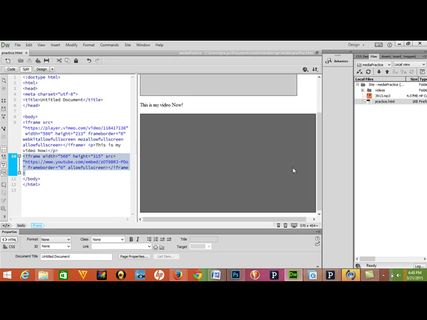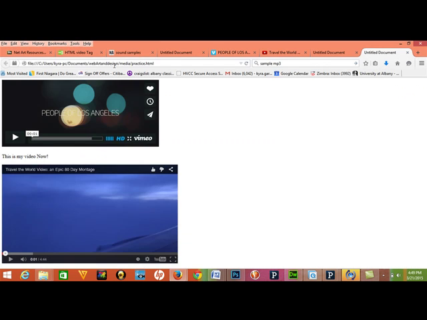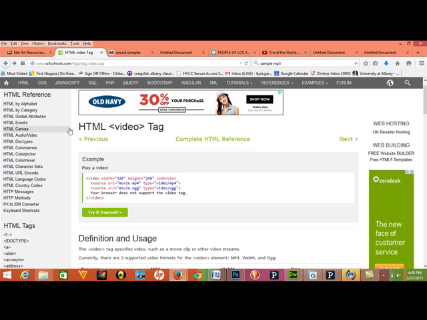But now let's talk about how we can embed directly onto the page our own videos. So in this scenario, we need to have the videos in our root folder, and the same thing with audio, but we're first just going to do video. And I want to go over to the W3 School, and I'm here again under HTML under the video tag,